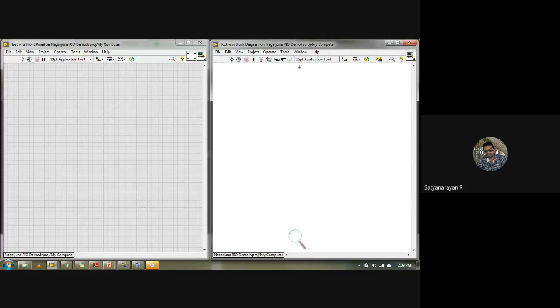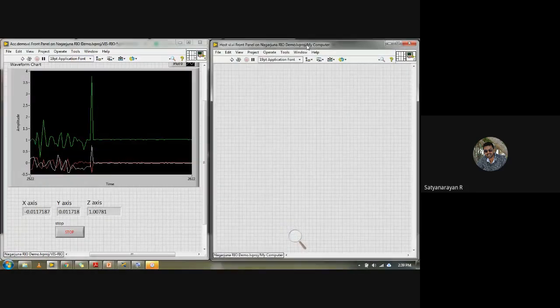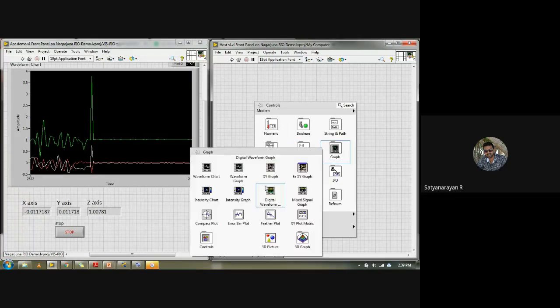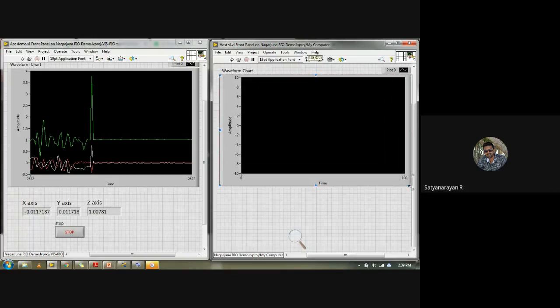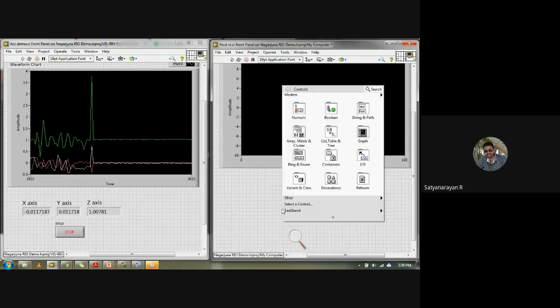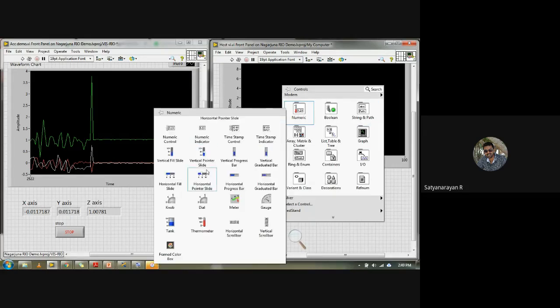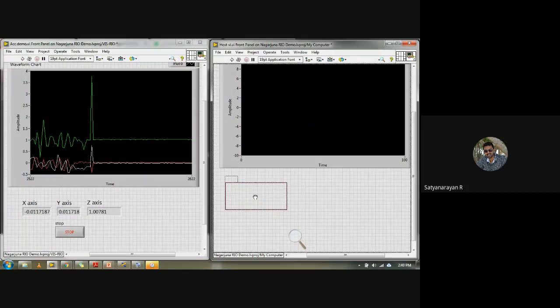Now we'll try to set up the same thing. I have taken two different front panels. One is the myRIO front panel, which has already been done. Now under my computer, I'll take the same chart. Next I'll take three different indicators, or maybe I'll just take a meter. I'll give it a range of -5 to +5.